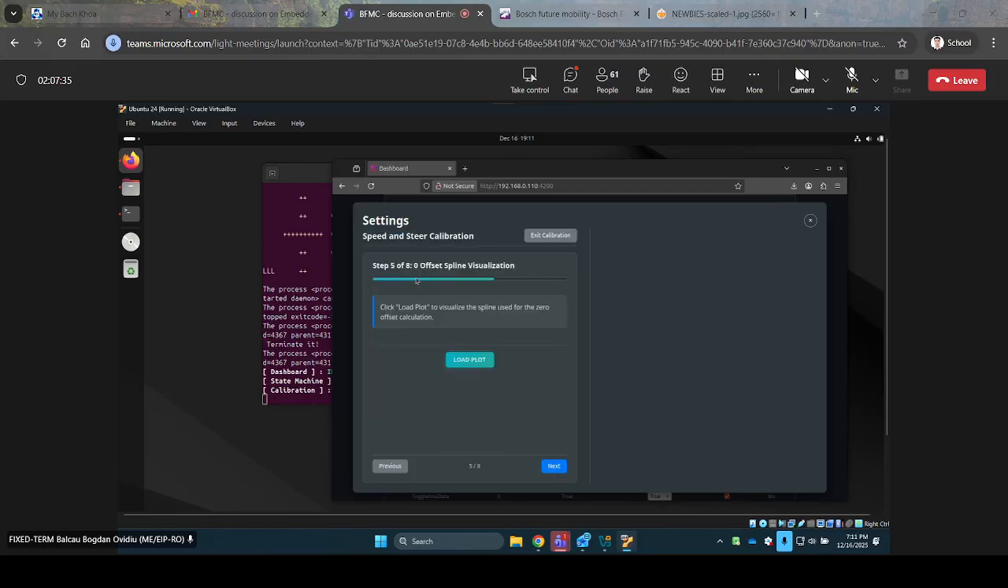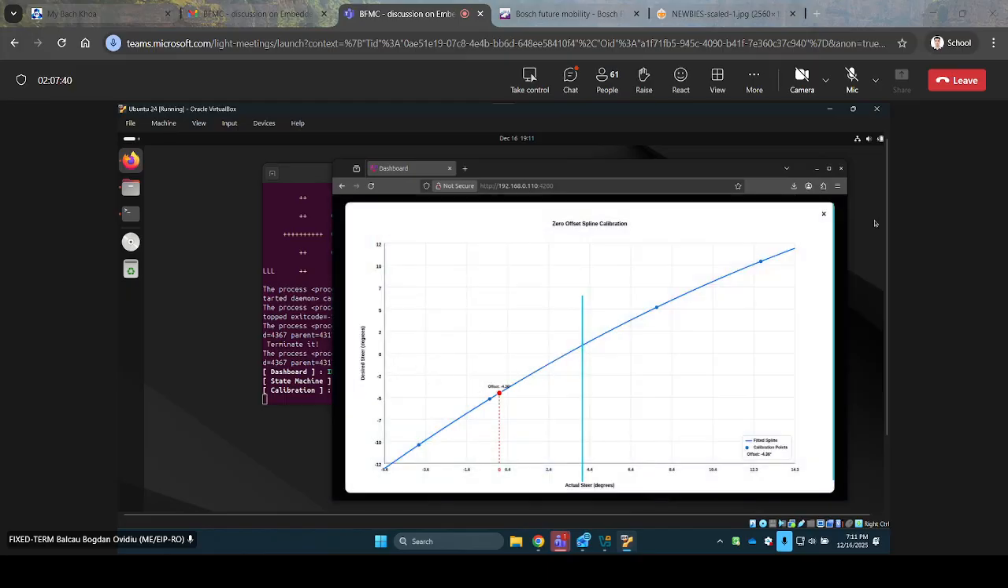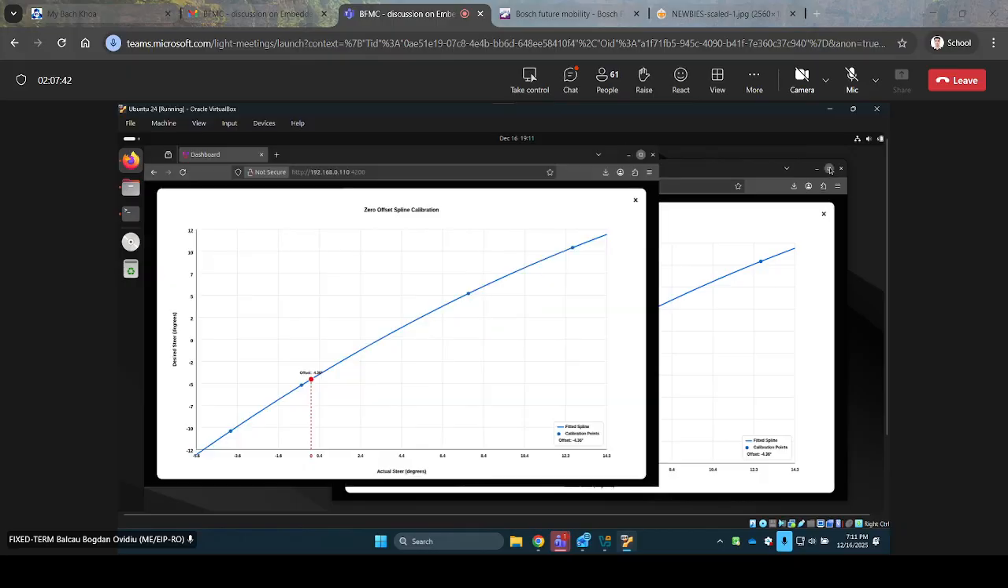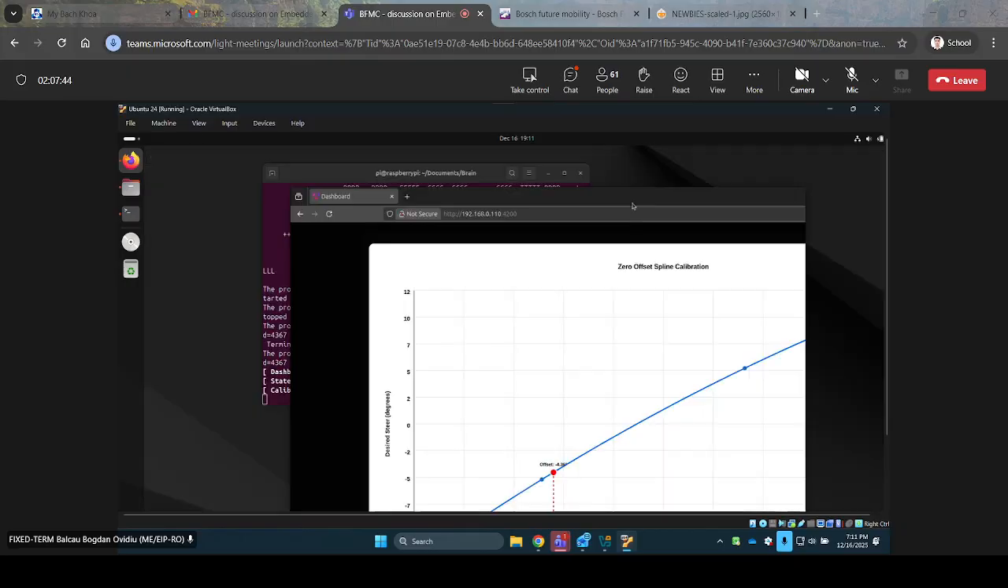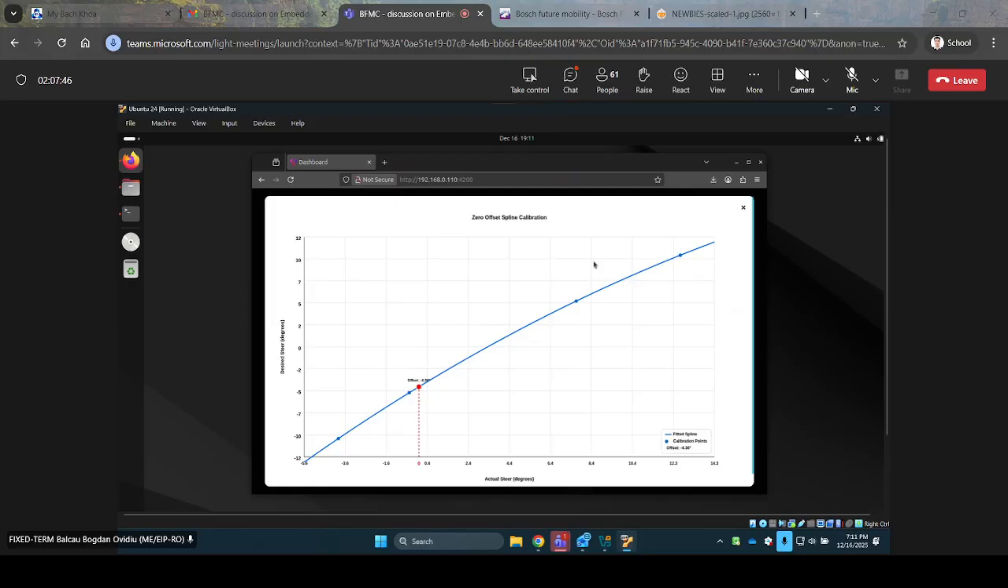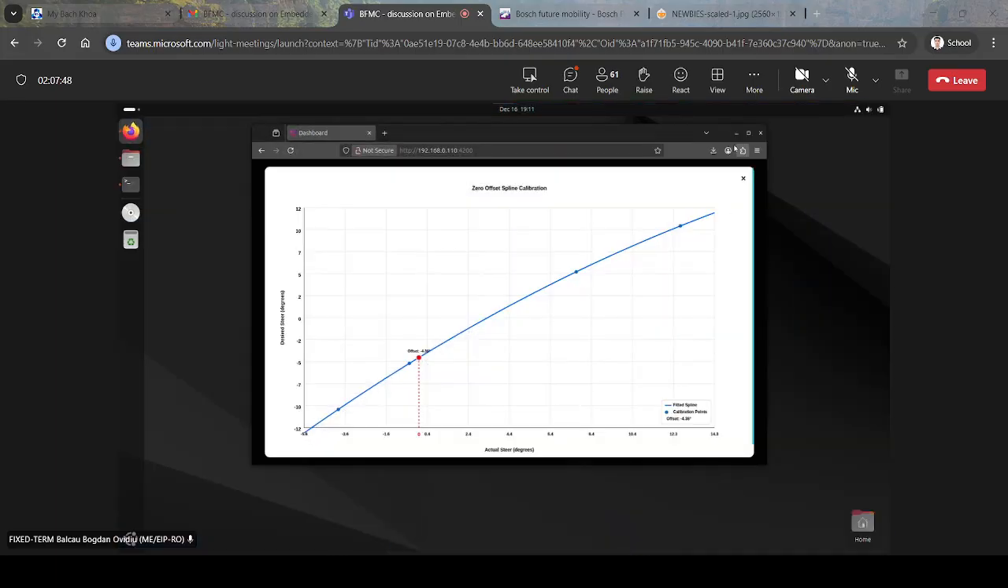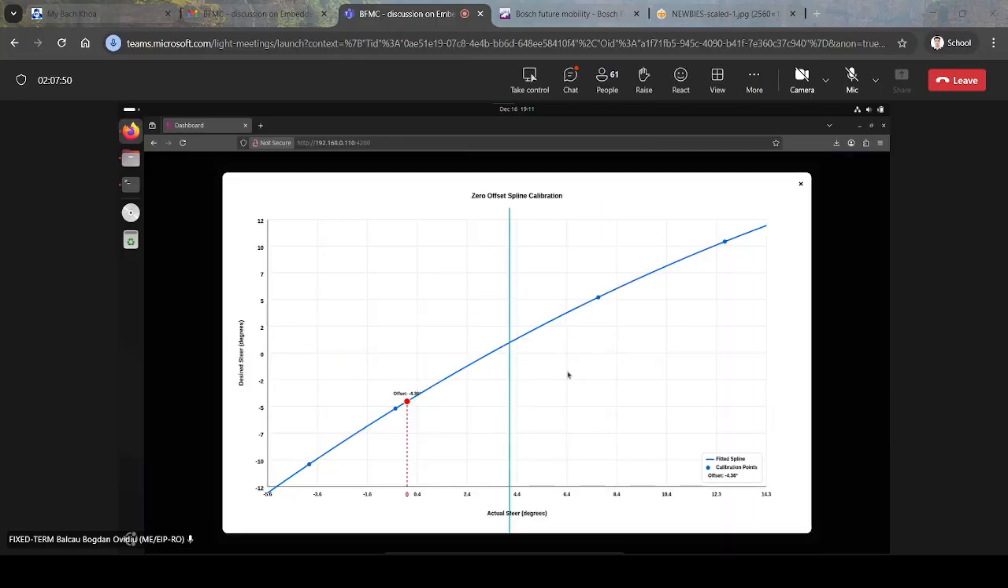you can see the zero offset spline visualization. So in this plot, hopefully you can see it properly. Wait, can you see my screen right now? Because I just full screened the VM. Yes, we can see it. Okay, so basically what is here,